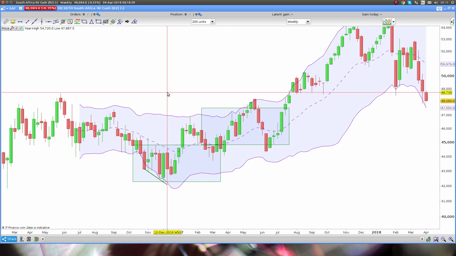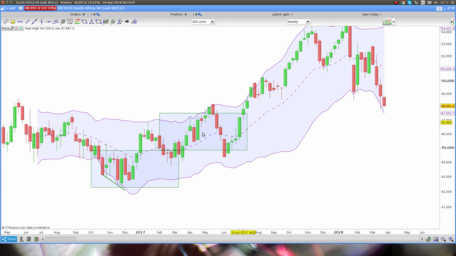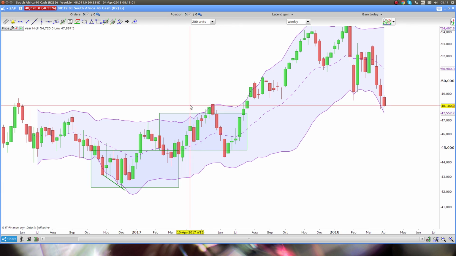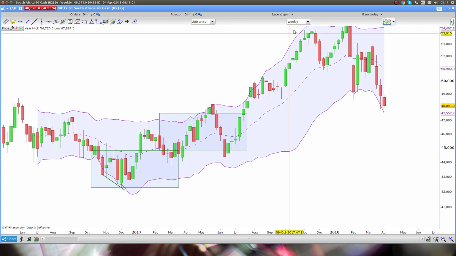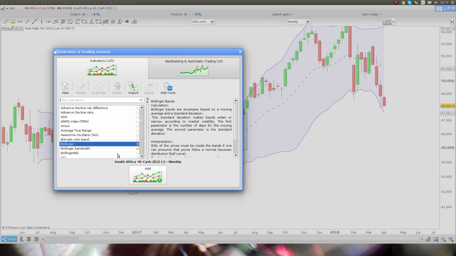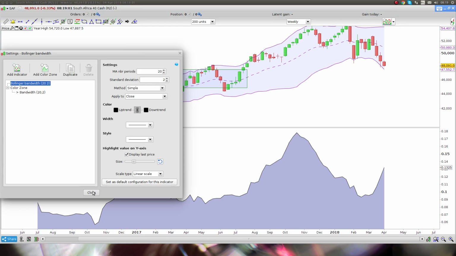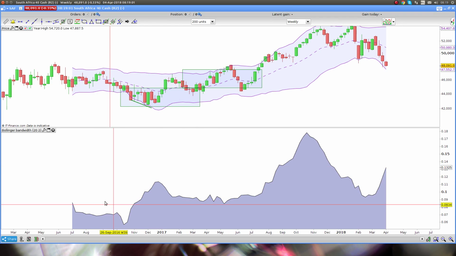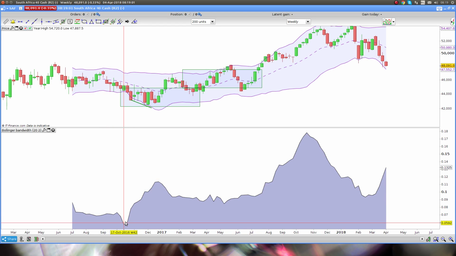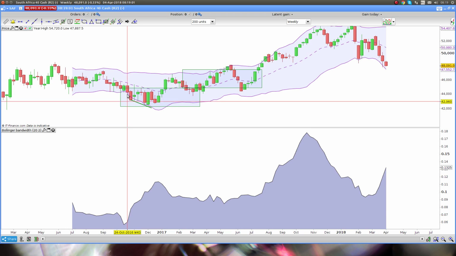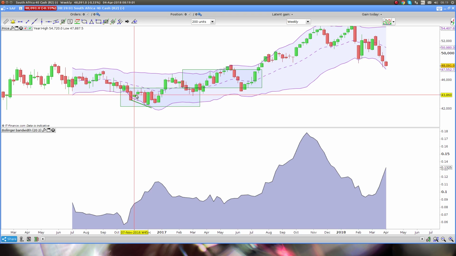So learning price action is by far the better method, and then bringing in an oscillator to actually back up what you're thinking. And I'm going to pull in the Bollinger Bandwidth here. So Bollinger Bandwidth basically is telling you when there's a squeeze. Okay, so you can see here where these bands are close together. The Bollinger Bandwidth oscillator is around the bottom, which is indicating the squeeze. It starts moving to the upside, so there's a breakout imminent.